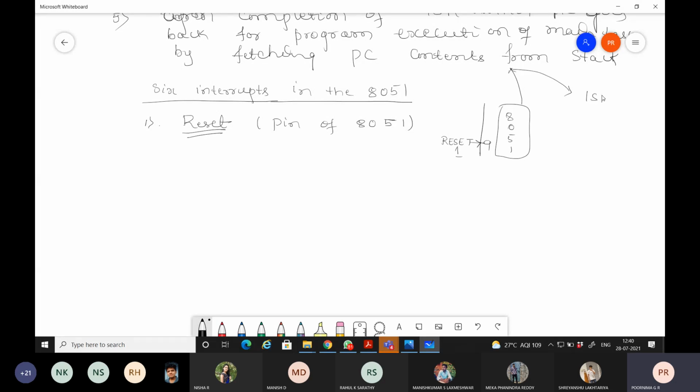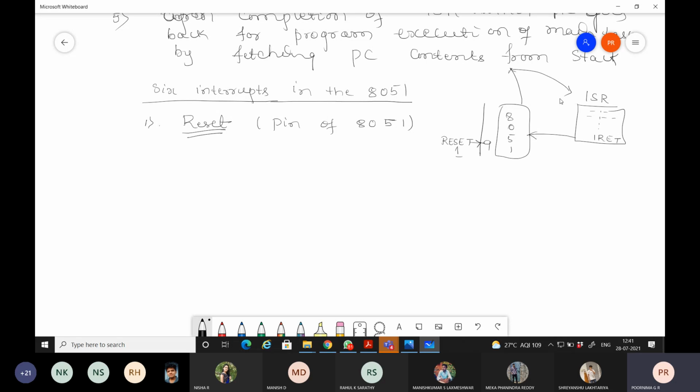Then it executes the interrupt service routine. In the interrupt service routine, there will be program codes. After it executes the last instruction, the IRET instruction, it comes back to the main task which is being performed.